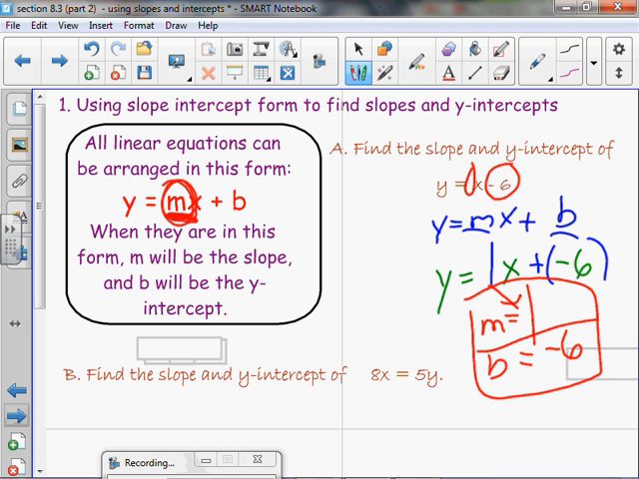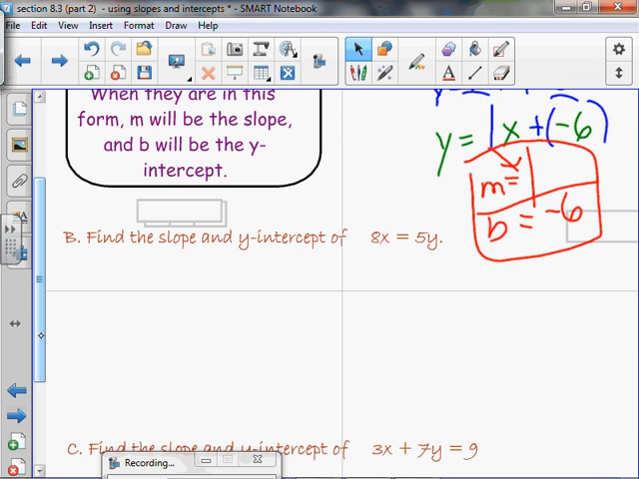Watch as we do a couple more. Okay? B, we don't get so lucky. We do not have this in y equals mx plus b form. Instead, what we have is 8x equals 5y. So what we need to do is rearrange this so y comes first and everything else is on the other side. If I was going to rearrange this equation here so that y was by itself,